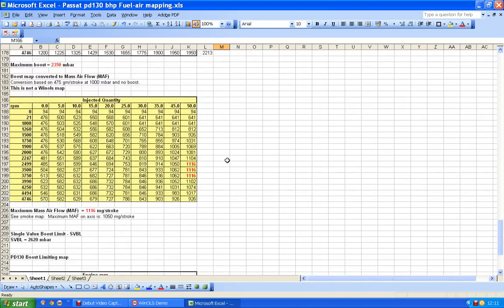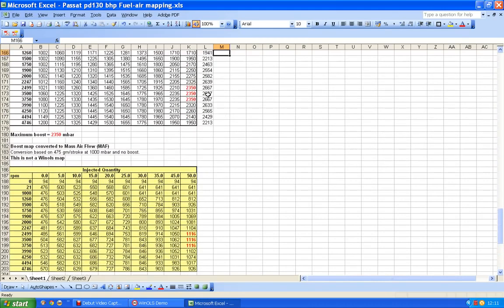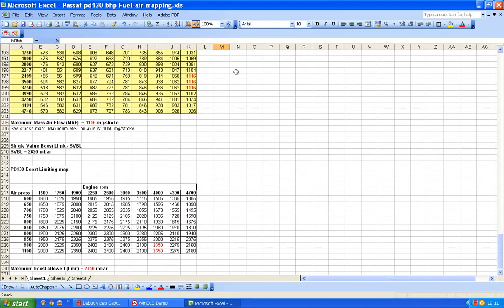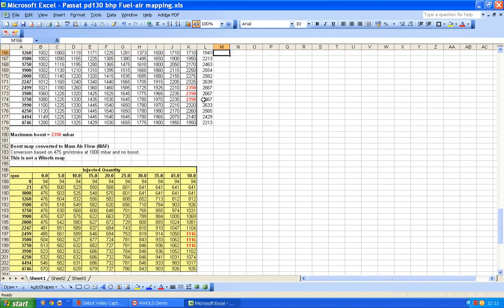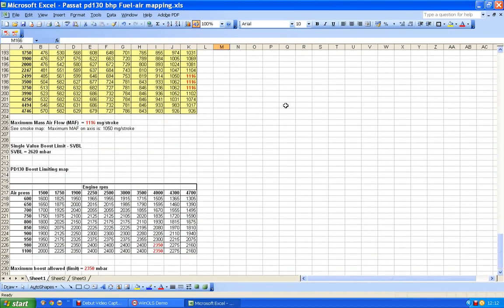Now the single value boost limit is very close, it's 2620 and we're looking at 2667. Now I don't think overall we're probably likely to allow this in the end, because if you've been watching these videos, we haven't got to the torque map yet. So what I'm going to do is guess that we change this value to a new value, so I'll just put in there new. Let's say that we decide that at some point we'll change it to 2670,